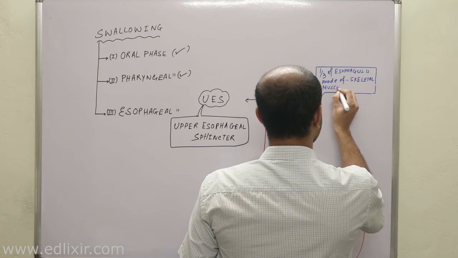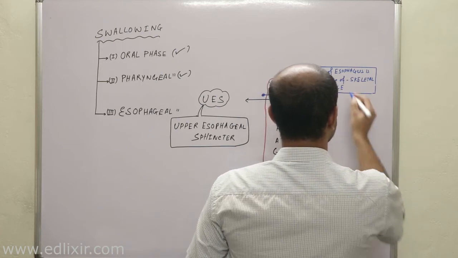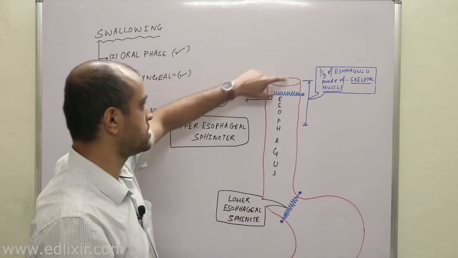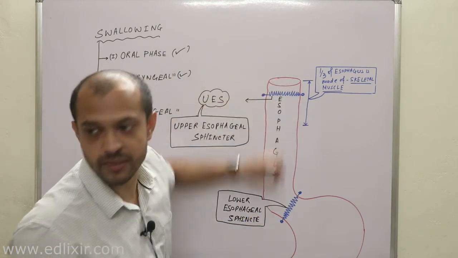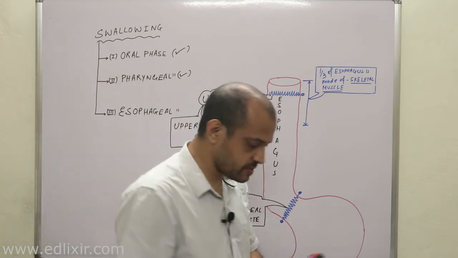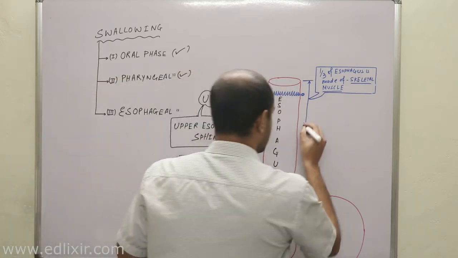Now you must understand this. The first 1/3 of the esophagus is made up of skeletal muscle, and the rest